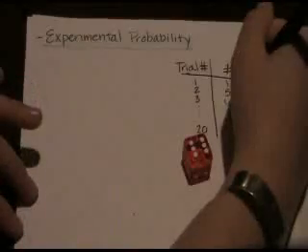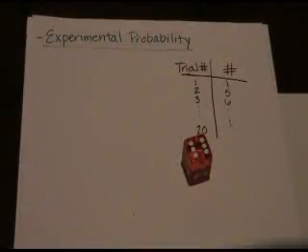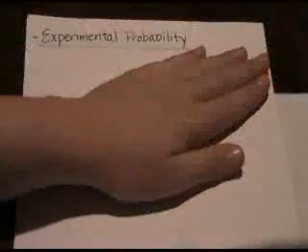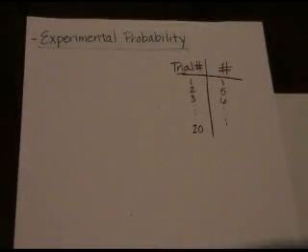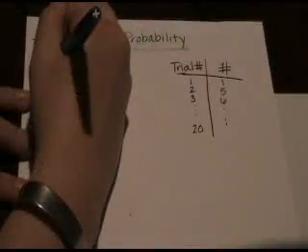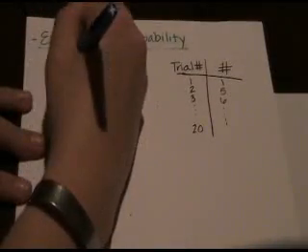Roll it again, 6, and so on and so forth. Now what we're going to do is take this data and pick one thing at a time that we're looking for. Now the formula for experimental probability is the number of times